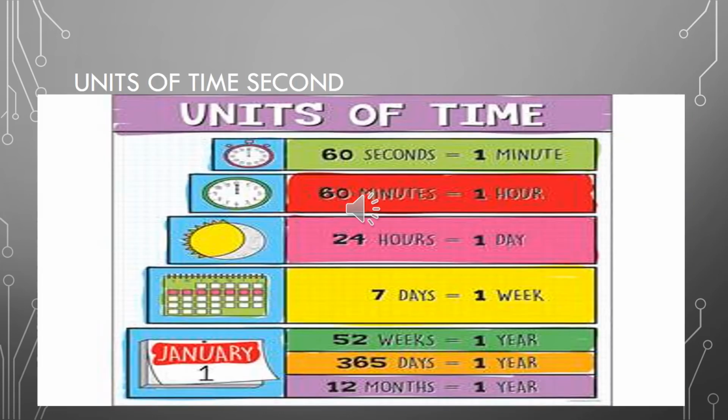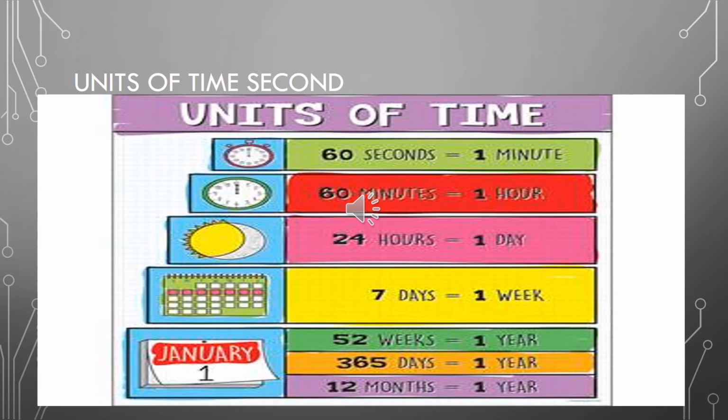Okay ji. For understanding time, we need to understand the units of time. Okay, units of time, what does it mean? That how many seconds are equal to 1 minute. Okay, 60 seconds are equal to 1 minute. It's not only that, 60 minutes are combined together to form an hour. When 60 minutes gather, it forms 1 hour. And when 24 hours combine, what does it form? It forms a whole day.